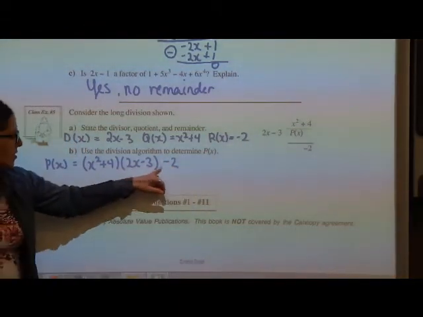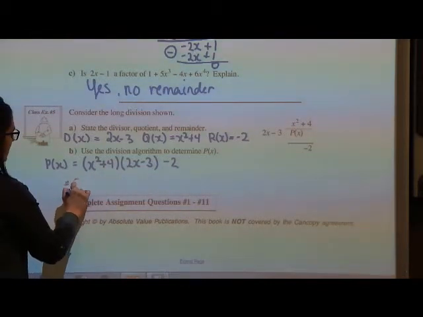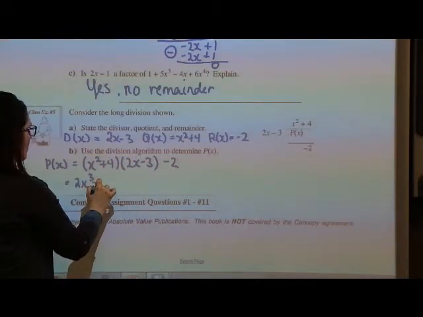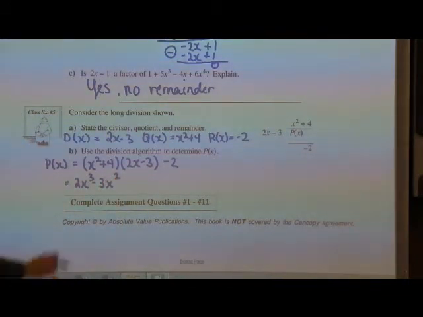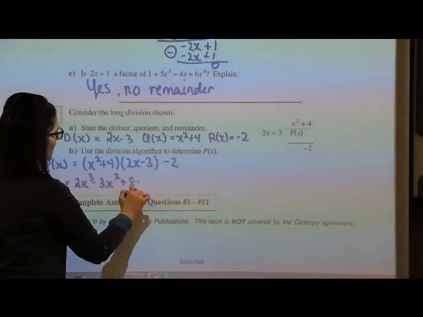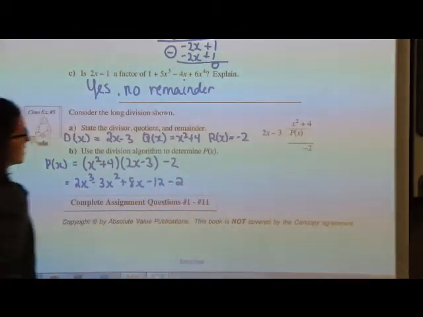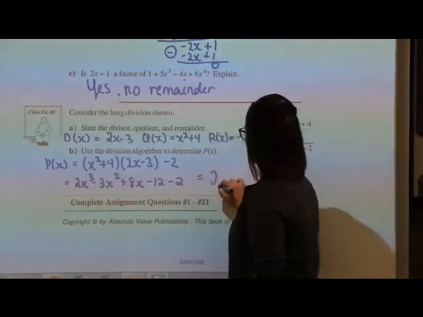So when I multiply this out, I'm using the distributive property. So x squared times 2x gives me 2x cubed. x squared minus 3, times negative 3 gives me negative 3x squared. 4 times 2x gives me 8x. 4 times negative 3 gives me negative 12. And then I subtract the 2. Collect the like terms. Two x